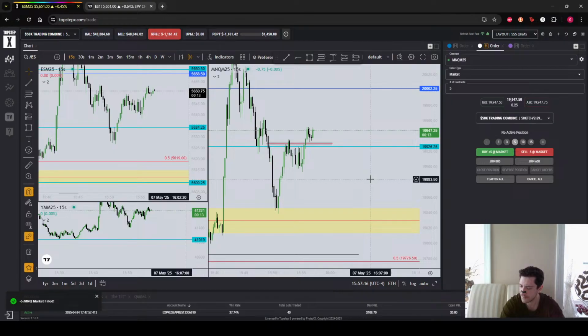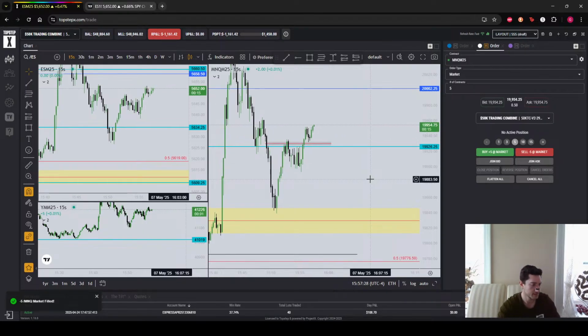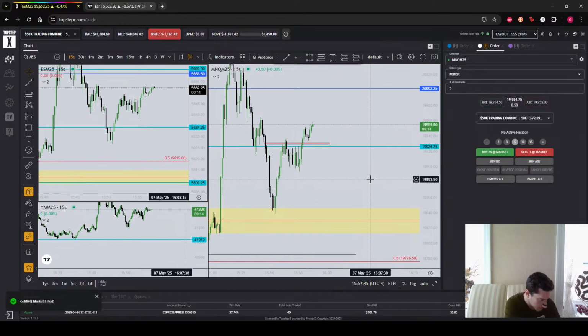Is there earnings today after the close? Does anybody know if there's any tech earnings after the close today? I guess I'll look myself, but that could be a factor. That's typical of earnings. Is today Tuesday or Wednesday? Today's Wednesday, I think. ARM, DoorDash, nothing that I really care about.